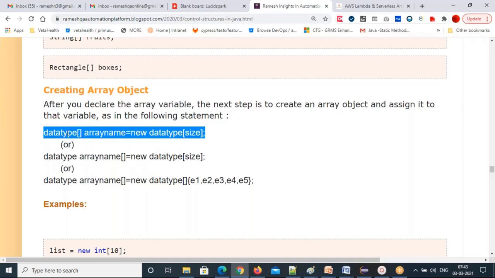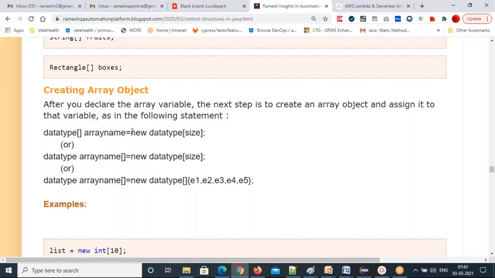So we are declaring a variable and then assigning an array object with a size. Next, this is also valid: data type, array name, square brackets, equal to new data type, size. So you can assign the array object to this array.